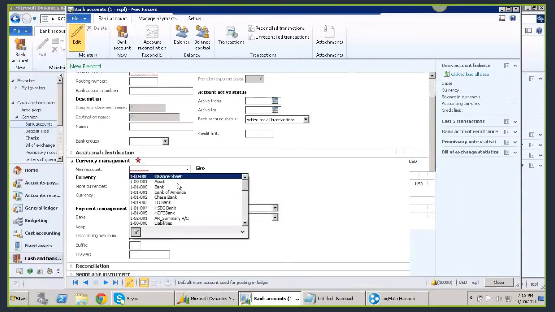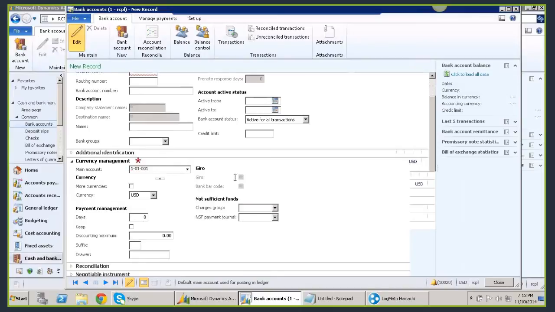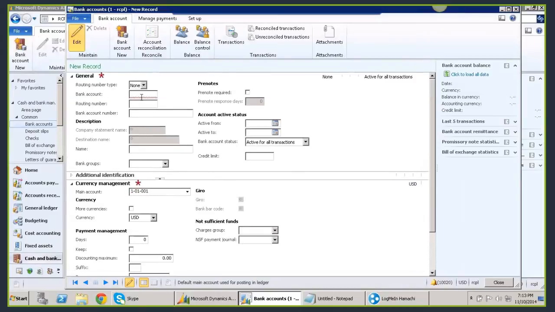Just go here. You have a list of banks. So bank ledger accounts, we are going to create 5 different banks, because we already have 5 bank ledger accounts. Just go here, select Bank of America. I have selected.